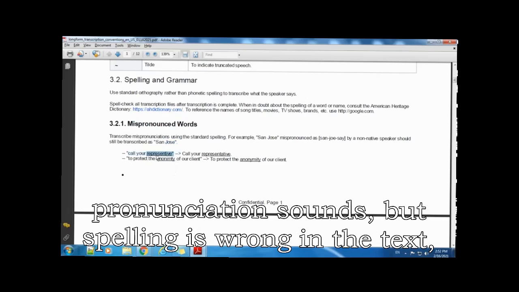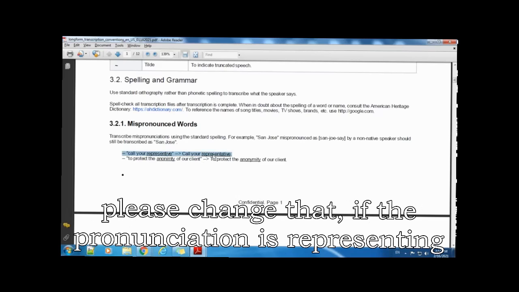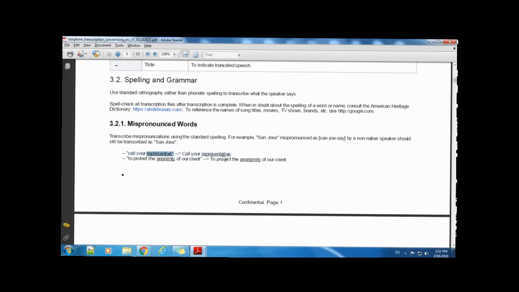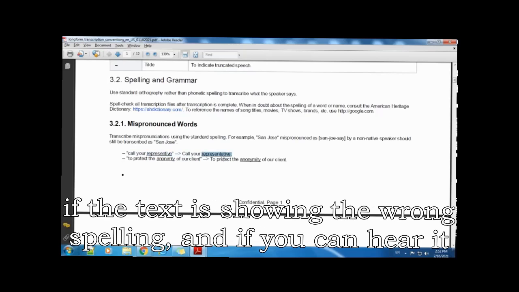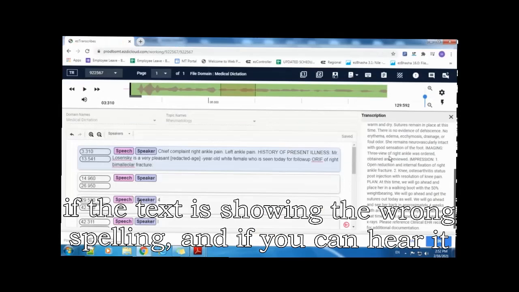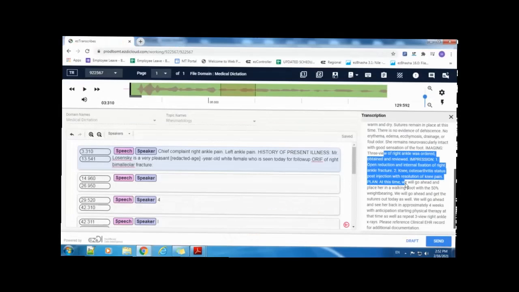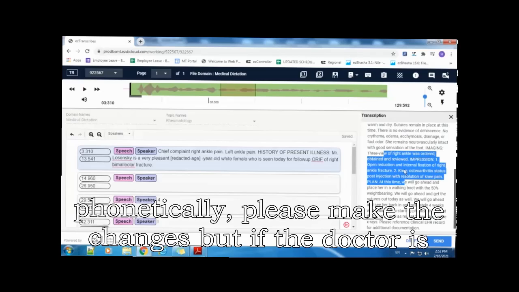If the pronunciation sounds right but the spelling is wrong in the text, please change that. If the pronunciation is representing, the spelling is wrong, change the spelling. If the text is showing the wrong spelling and if you can hear it phonetically, please make the changes.